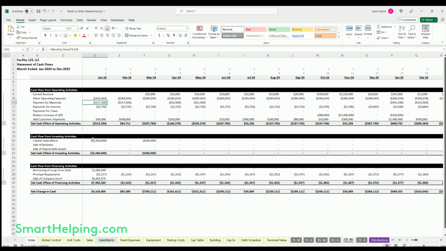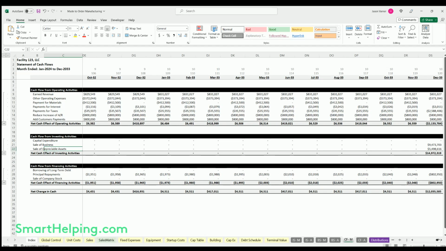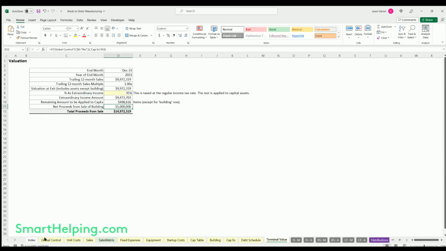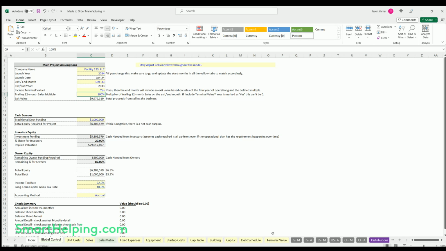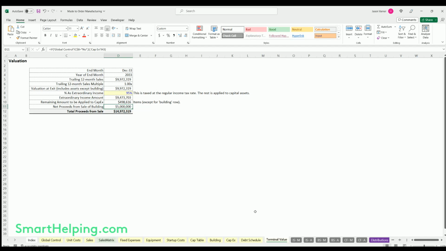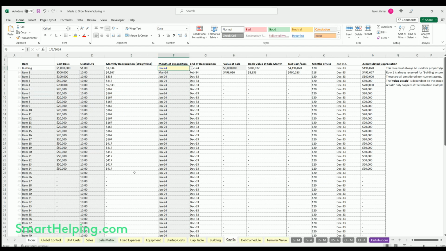Then we've got investing activities, just some CapEx, sale of business, sale of depreciable assets, borrowing of long-term debt, principal payments, sale of stock. And this sale of depreciable assets is essentially when you define your terminal value, like the percentage of sales, it's going to include selling all your equipment. So you want to put of that terminal value, what percentage is extraordinary income versus equipment. Here we're saying only 5% is going to the CapEx equipment items, and that would flow to here based on any